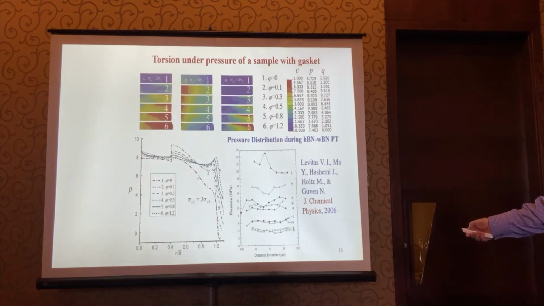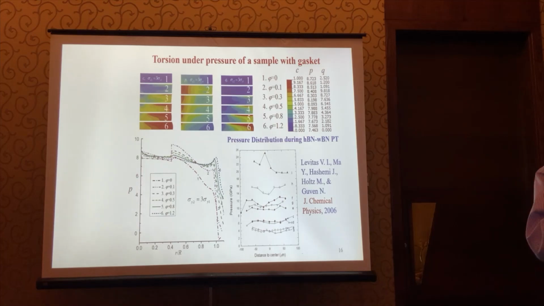Yes, I did not talk about this. If you don't have gasket, during shear, pressure can grow if the high pressure phase is stronger. This is the so-called pressure self-multiplication effect. If it's weaker, it can slightly reduce. But one of our goals was to get constant pressure, which does not change during phase transition. And we succeeded to do this.